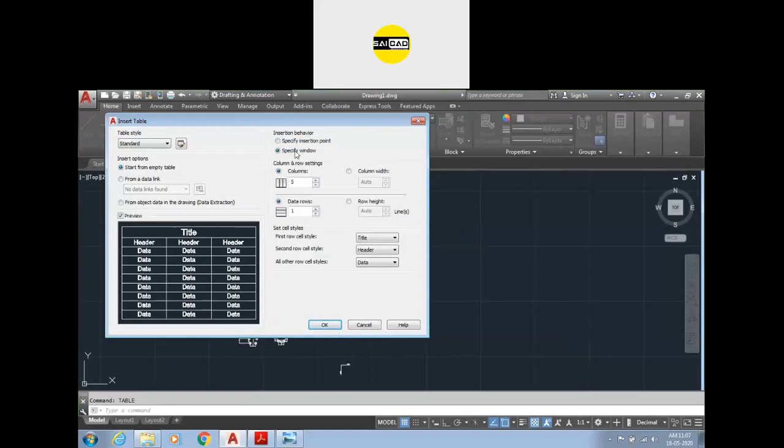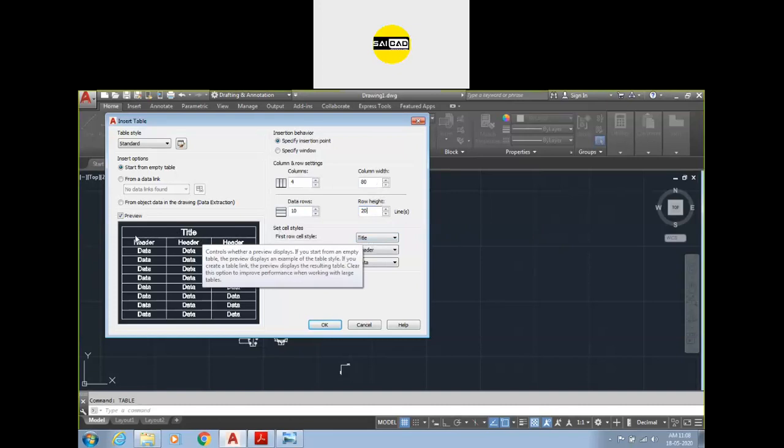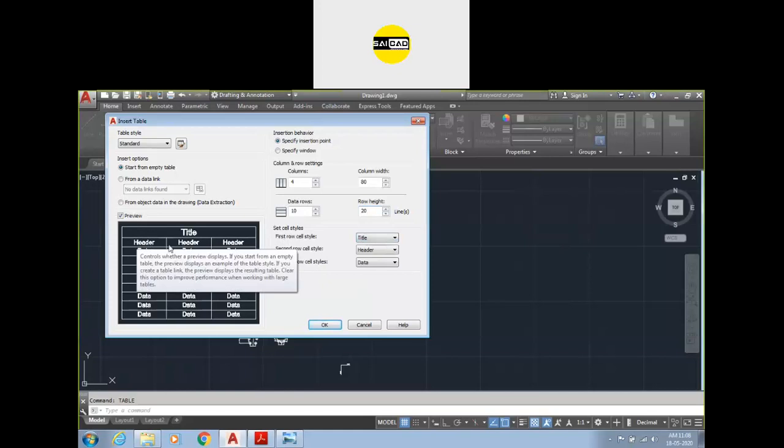So now if we go to the insertion point, we can just specify the values from here. I want 10 rows and 4 columns, and the width of the column should be 80 and the row height should be 20. Okay, now you can see the first cell you want should be a title type, means the first row will be merged, or you want a header type, means the content should be bolder, it will be the header type, and after that there will be some data types.